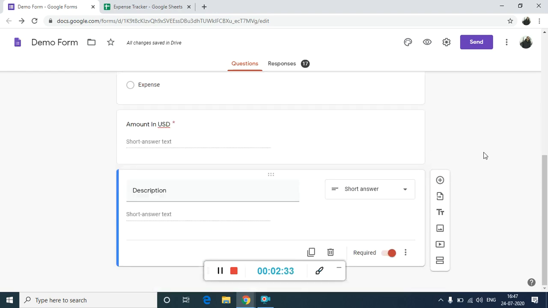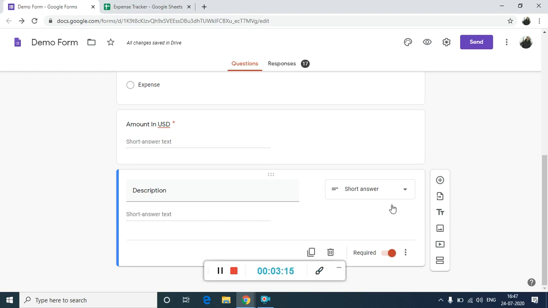And the fourth is the description. Description is what kind of income was it? Was it salary? Was it borrowed funds? Was it that you won that money somewhere? Okay, and again, description for expenses also, whether it was money spent for shopping, groceries, or you had a meal in a restaurant. So you need to mention the description so that when you open your expense tracker in future, let's say right now it's July 2020, let's say you open this expense tracker in the month of August or September, you should be able to know when and for what you had spent a particular amount of money.